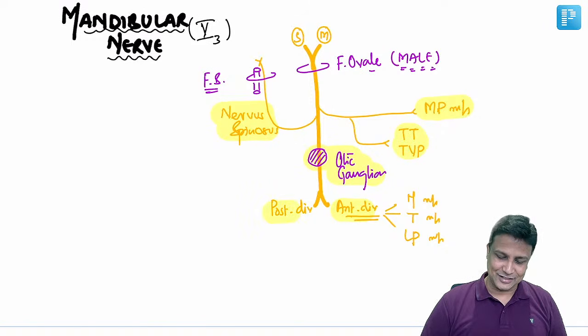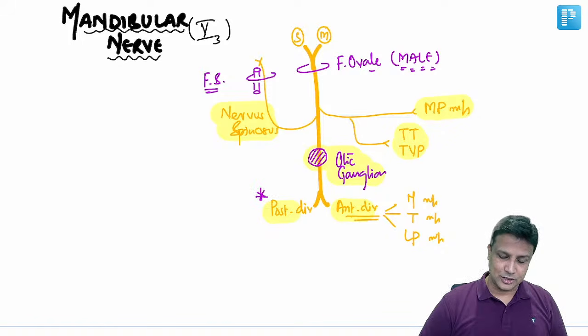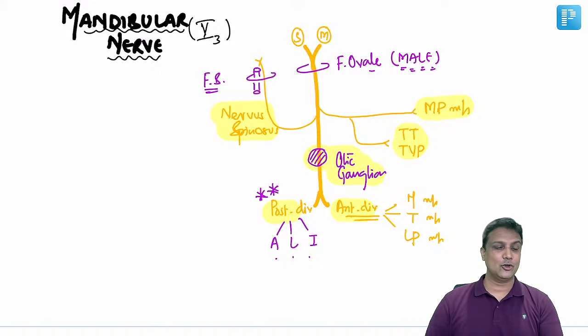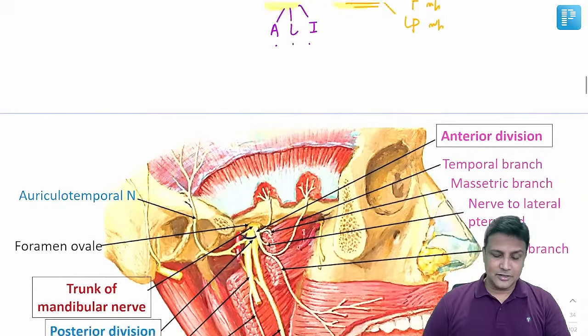Welcome to the posterior division. Now this time, if you are writing the INI-CET exam, I am expecting a question from here. The posterior division will in turn give rise to 3 branches here, and we remember them as ALI branches. And out of these 3 branches, definitely one question will be asked in your INI-CET exam. Now in these ALI branches, please remember A